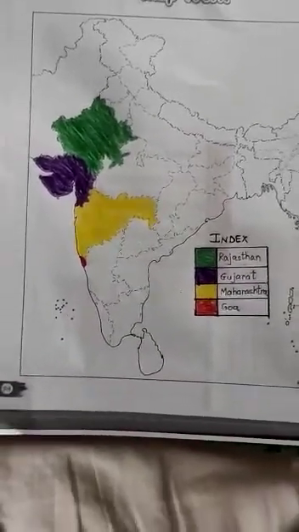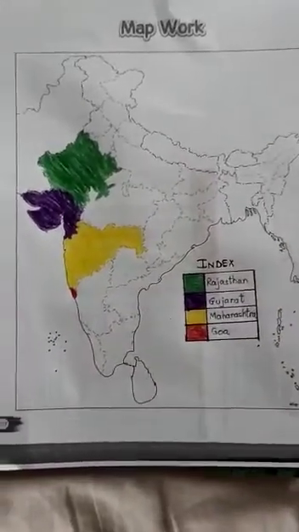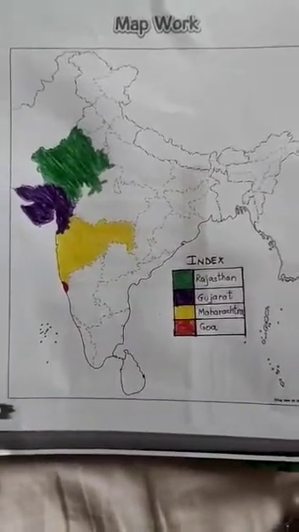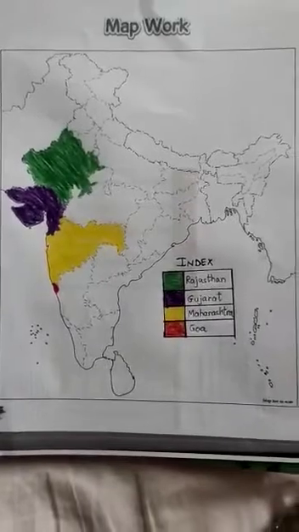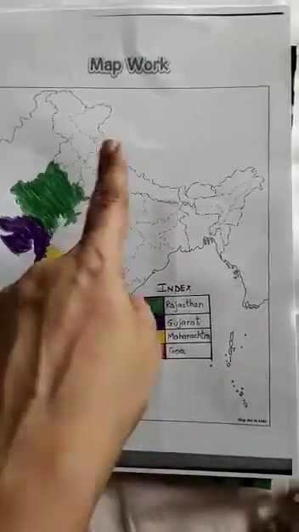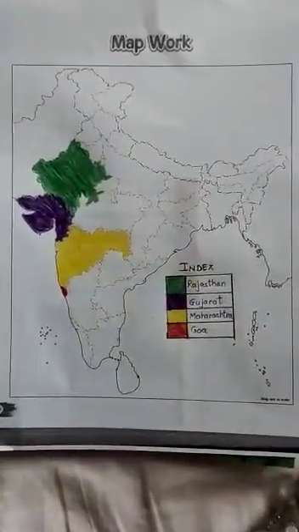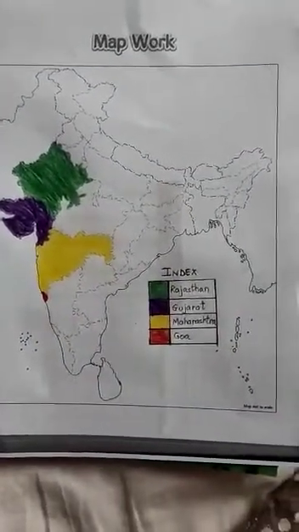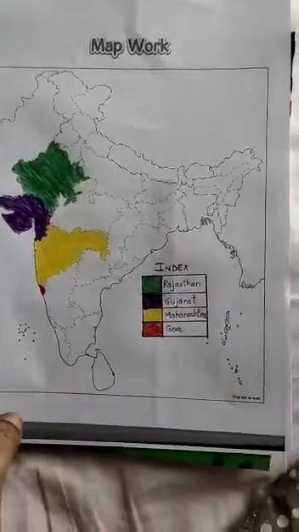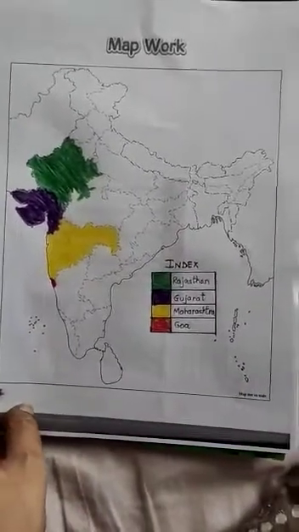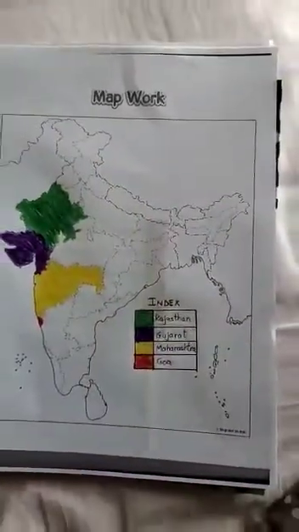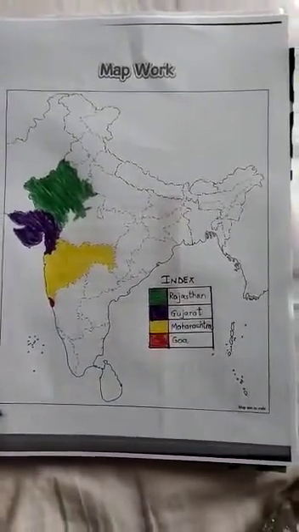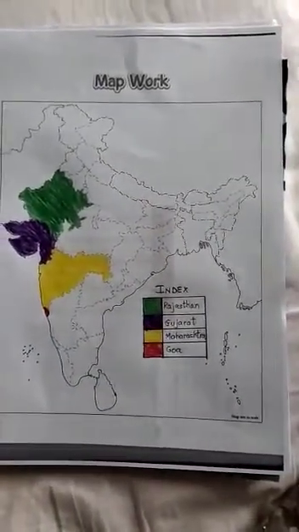So children, now what you are supposed to do is buy 5 political maps from the stationery shop. Okay? Or if you have a printer at home, you can take a printout of a new political map which has Jammu Kashmir and Ladakh as the union territory shown in it. Otherwise, in your Fusion book on page number 318, children, the same map is given. So you can take a Xerox of that same map. 5 Xeroxes. We are not going to mark in the textbook.